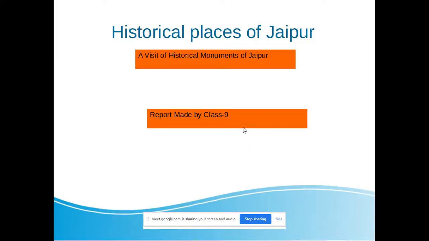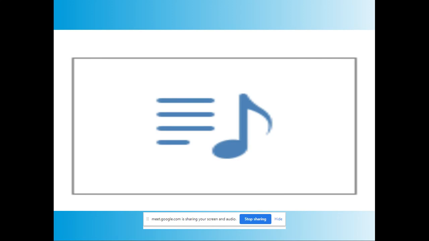F5 button you press, and your PowerPoint presentation will be running on, in this way. Then have you listened to the music file? The music file is running on.